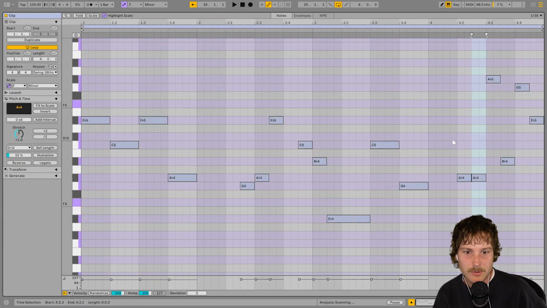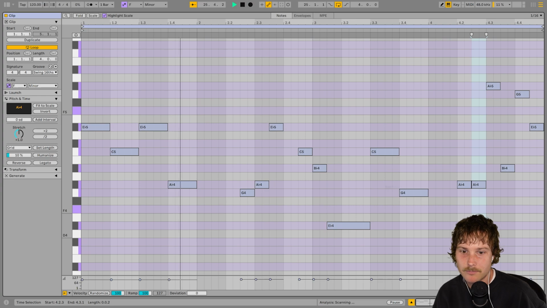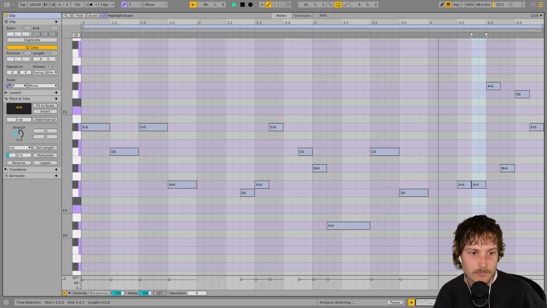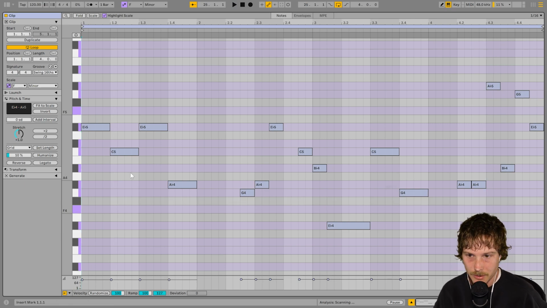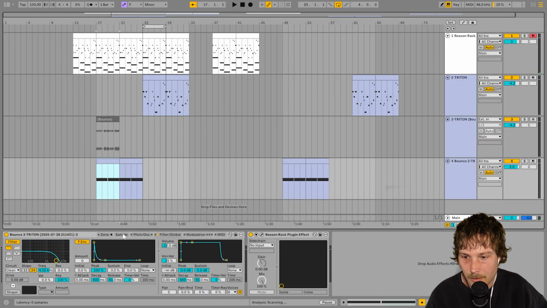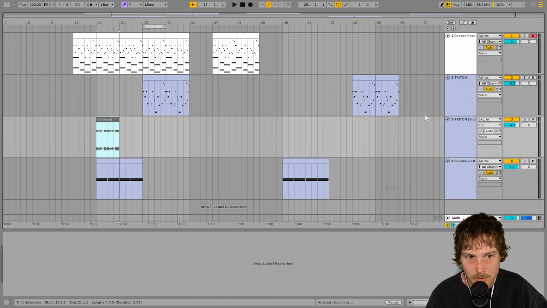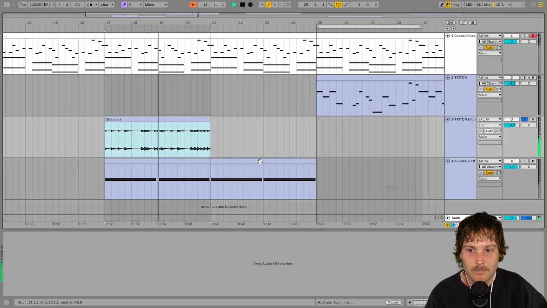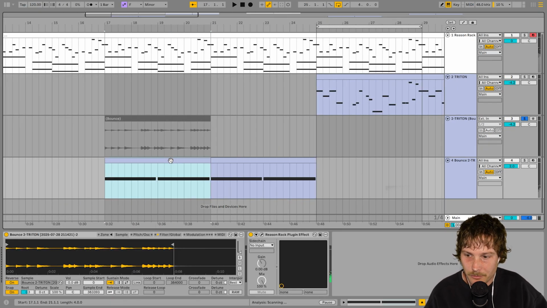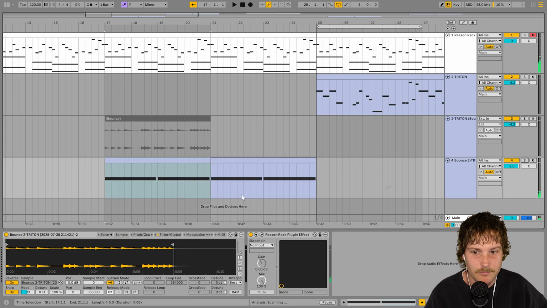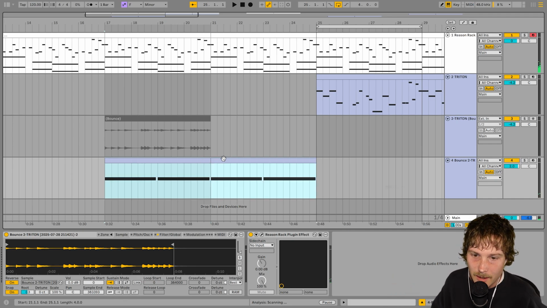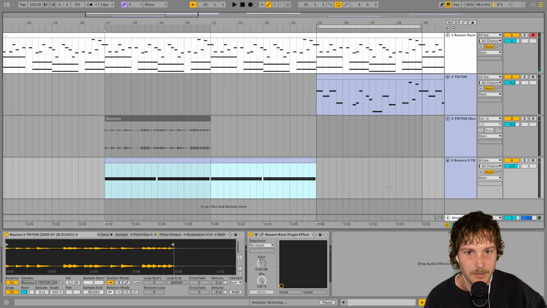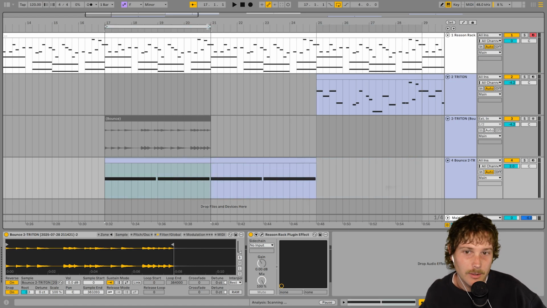So this melody plays over the top. Low-key Skrillex sounding, what I was going for when I was making it. I thought it was pretty cool. And then I just resampled that, so I bounced that into audio, which was this. And then I resampled it, reversed it, and it sounded like this. Which when I played this back today, I was like, hell yeah, I can make a jackzebra beat with this, I reckon. And then I got the idea for this video.